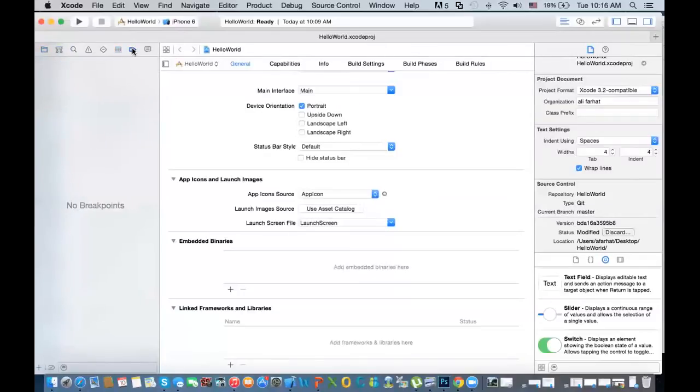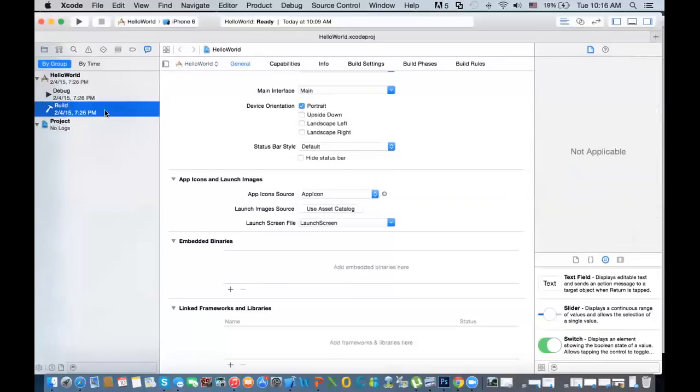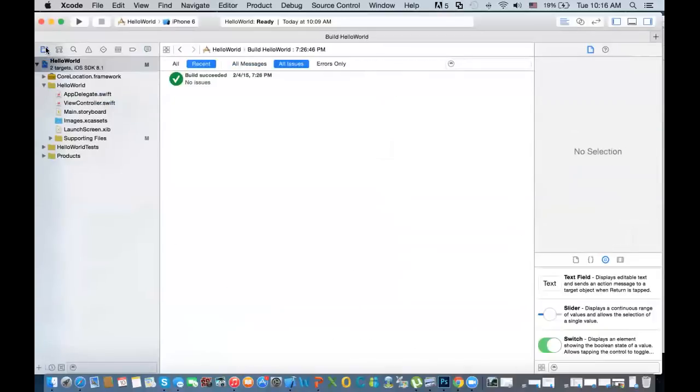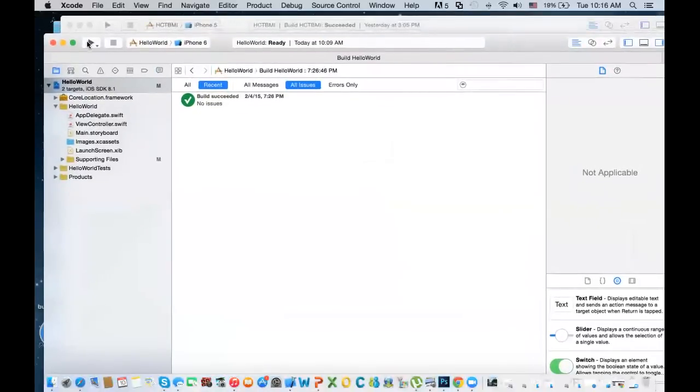This is for when you run your application: breakpoints and debug, and I think this is for debug again. I haven't used this one here, the show report navigator. But mainly the one we are interested in is this. For now, it's just this. Sometimes you want to use the list of classes. So this is what we have. The next thing we have is